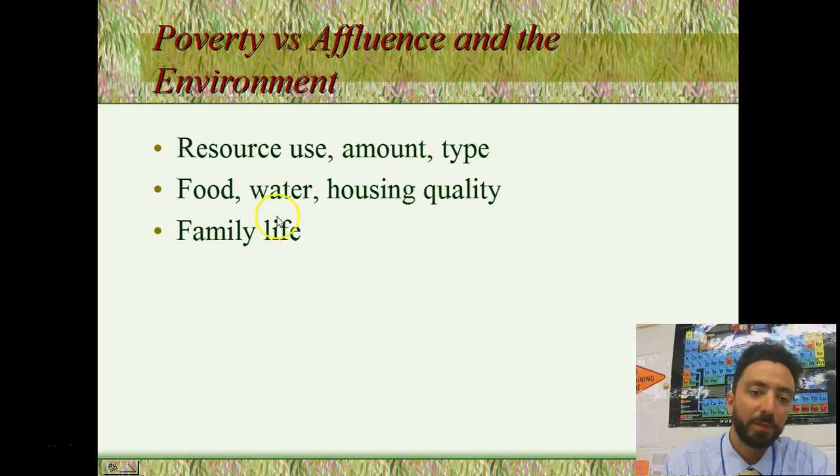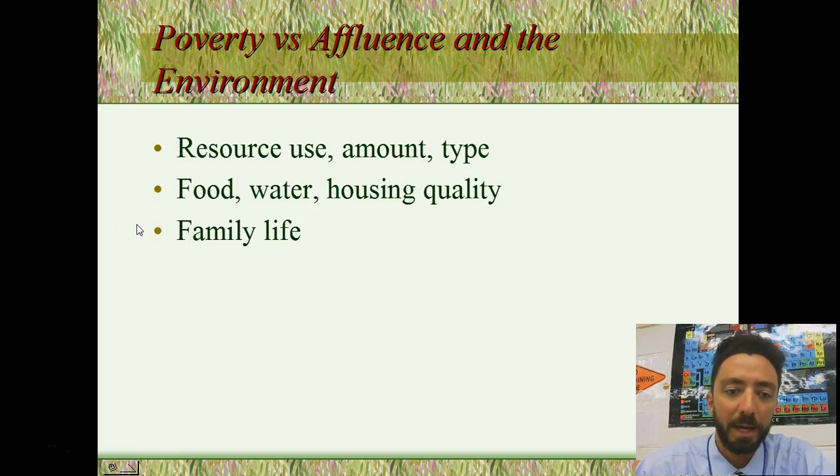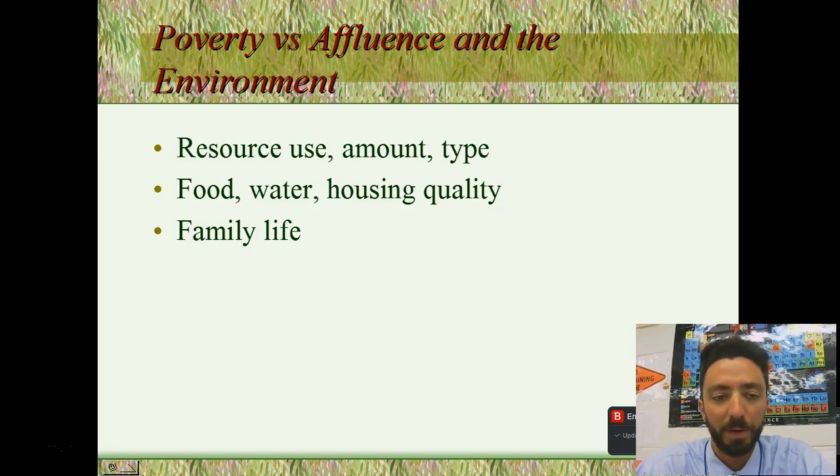Family life can also be very different. Typically in affluent societies, our families are going to be very small. If you look at your own family, you may have a few siblings, but chances are it does not exceed 3 or 4. In a developing country, the more children the family has, the more people they have to help gather the food, the water, and the fuel they need to survive on a daily basis, the easier it is for them. So they end up having very large families, like 8, 9, 10, or more children,